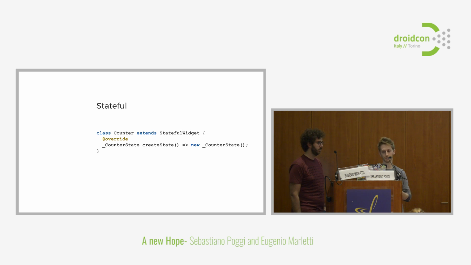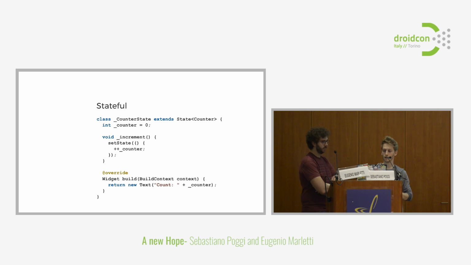If you want to go stateful, there's two parts. The widget itself is super simple. You generally only need to declare what kind of state you have and create it the first time, or every time you're asked to. So you create a new empty state. And that's it. There's one note for those not familiar with Dart: the underscore at the beginning of something means it's private. There's no private keyword. It's just underscore means private. And the fat arrow means just return that. It's the same as having the brackets and a return, just to make it one line.